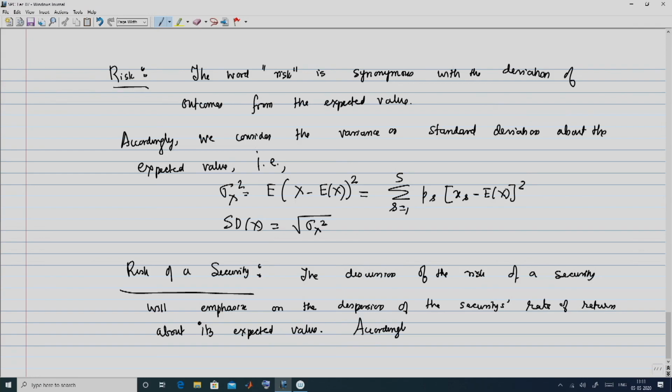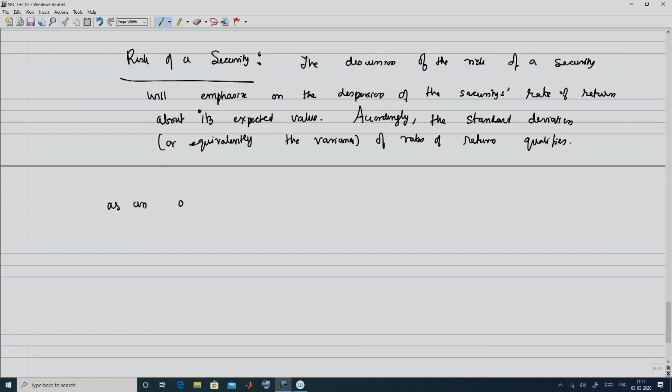Accordingly, the standard deviation, or equivalently the variance, of rates of return qualifies as an obvious candidate for the measure of risk. So, just to elaborate a little bit on this, what I mean is that